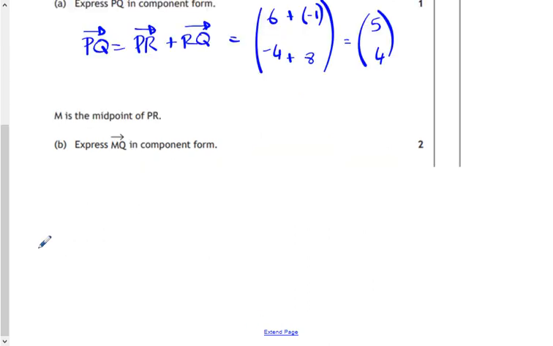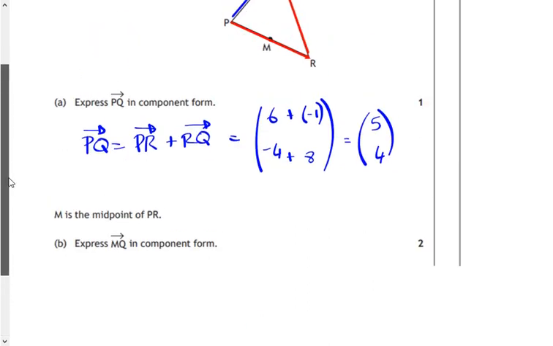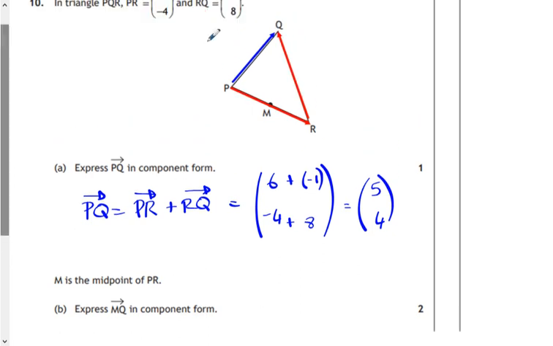M is the midpoint of PR. Yeah, we can see that. Express MQ in component form. Ooh, MQ is going halfway along PR and then up to Q. So what we could do, if we take that as, how could we get to there? We could